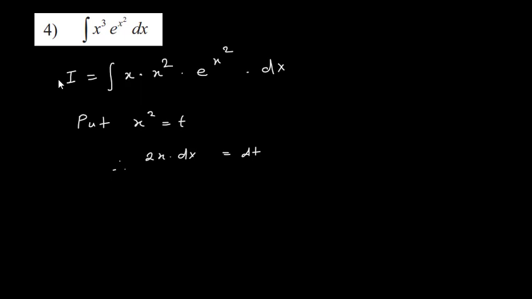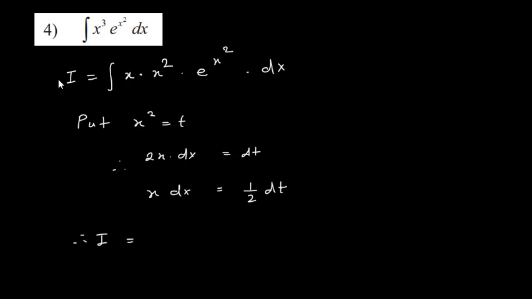For the substitution method, you should have the derivative of one function. So if I take x square as t, then I should have x. So what I will do is write this x cube as x into x square. So this is x cube and this is e power x square into dx. Now if I put x square equals t, then 2x into dx will become dt. Okay, so your x dx will become 1 divided by 2 dt.